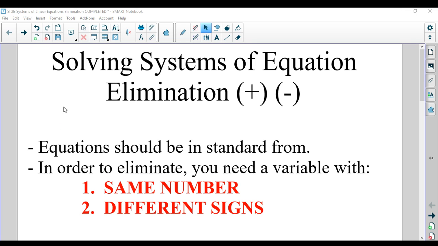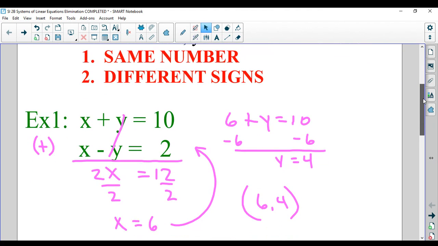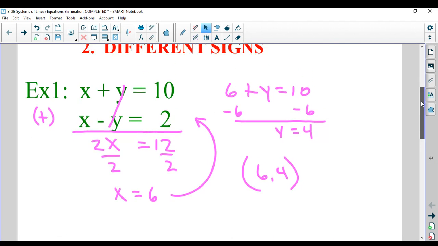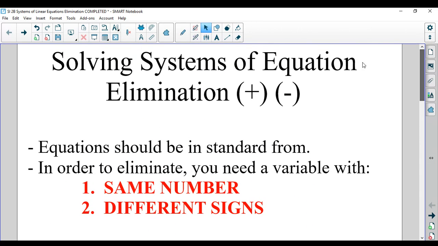I'm going to show here how to take a Smart Notebook file and save it as a PDF. The file that I have here is just a set of notes that I have completed with my algebra kids, and I want to be able to upload it onto Google Classroom. Since the kids would not have a Smart Notebook